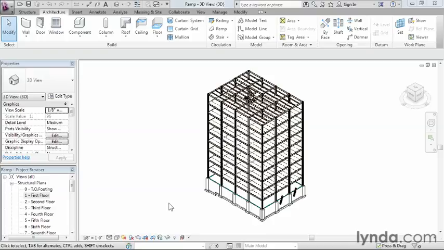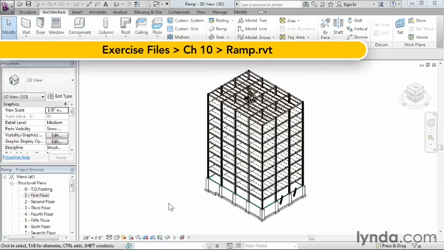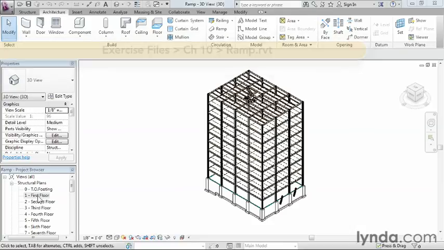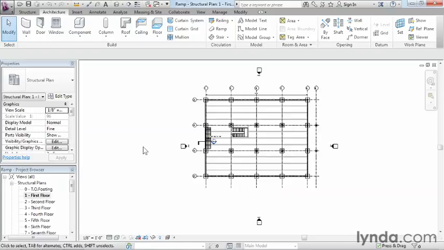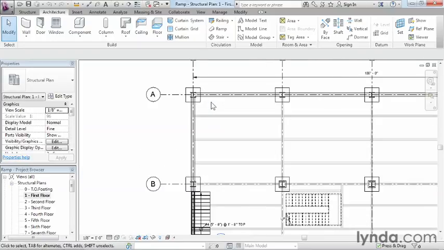Let's create a ramp leading to one of the entrances to our structure. In order to do this, we need to first go to our first floor plan view. So 1-first floor. Next, let's go ahead and zoom in right here between our grid lines A and B. And where I'd like to draw this ramp in is going to be right about where my arrow is pointing